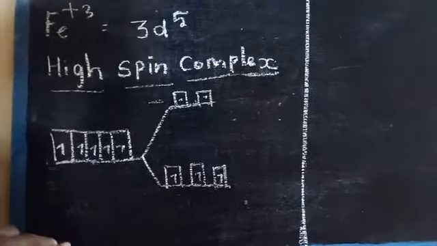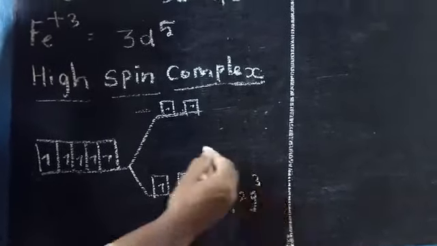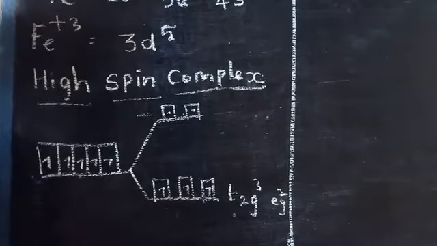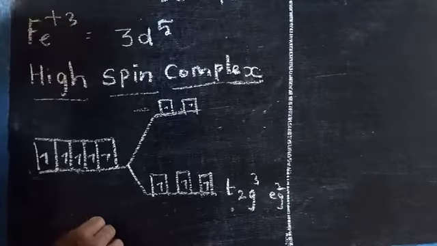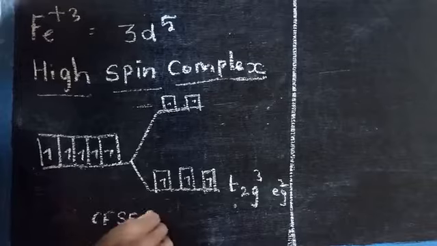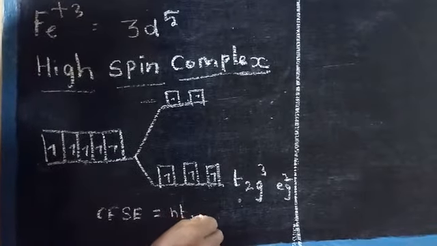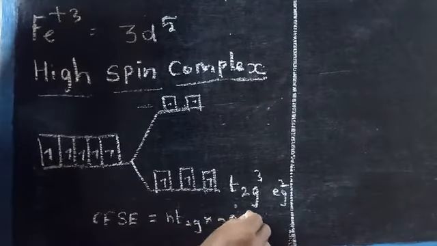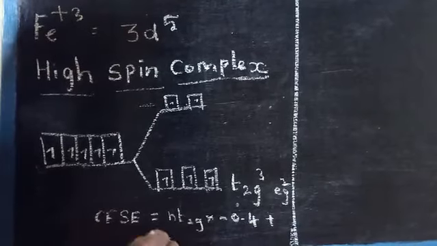Okay. Now T2g, how many electrons? 3 electrons. Eg, how many electrons? 2 electrons. Okay. Now to apply the crystal field stabilization energy, CFSE, you know the formula. What is the formula? n T2g into minus 0.4 plus n Eg